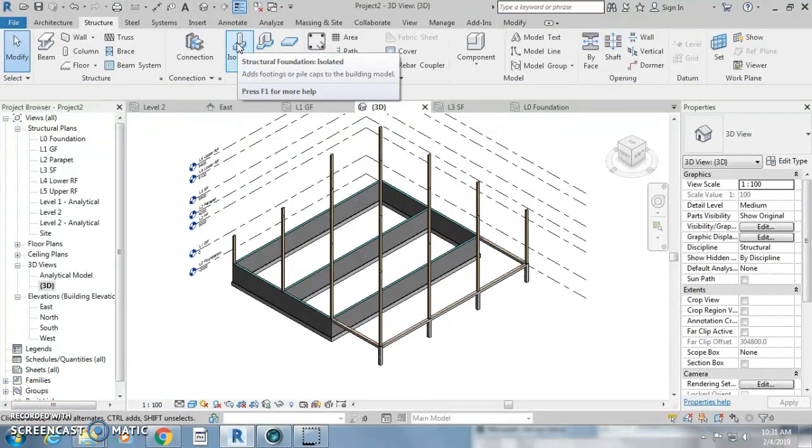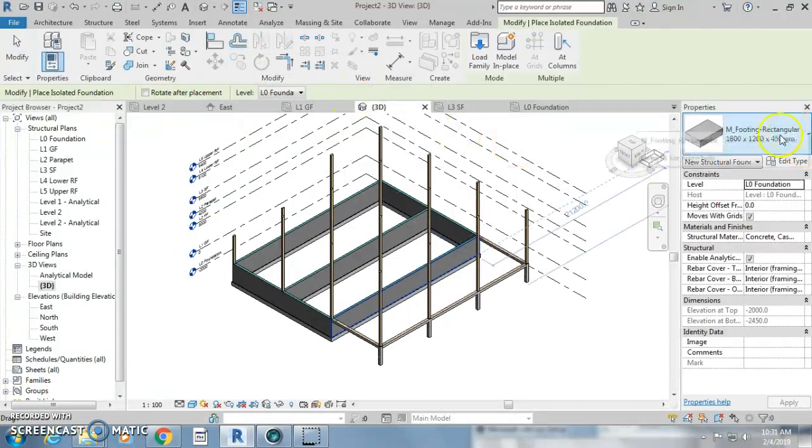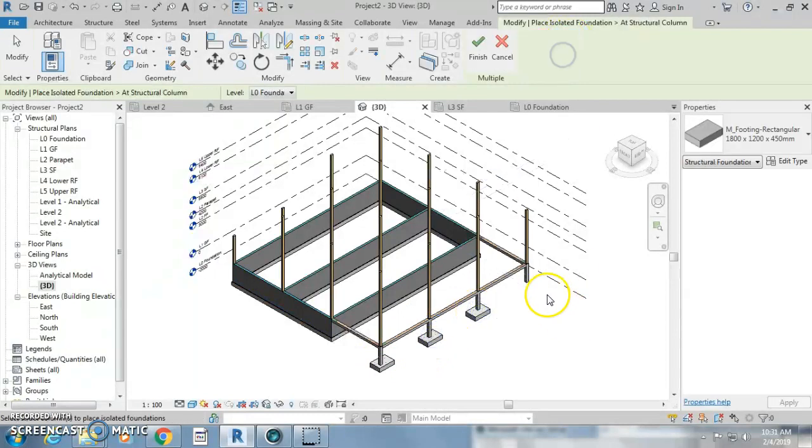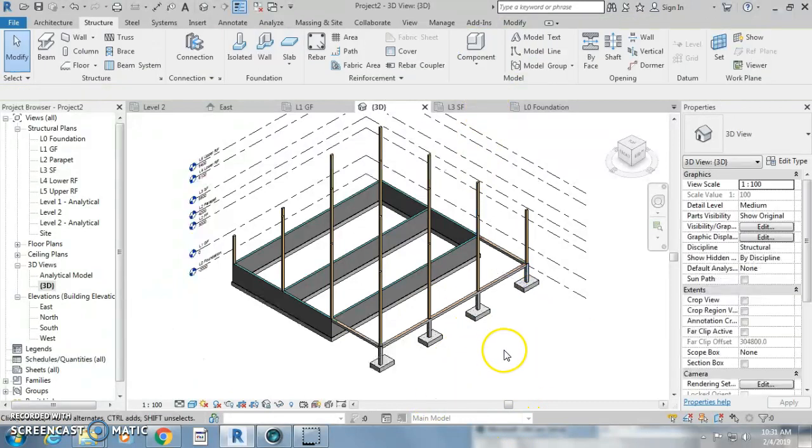Okay, isolated foundation, as I have little time, I'm going to just select, you can just select the columns or place at columns. Okay, finish, you have your columns with your foundation. Okay, and now we have our